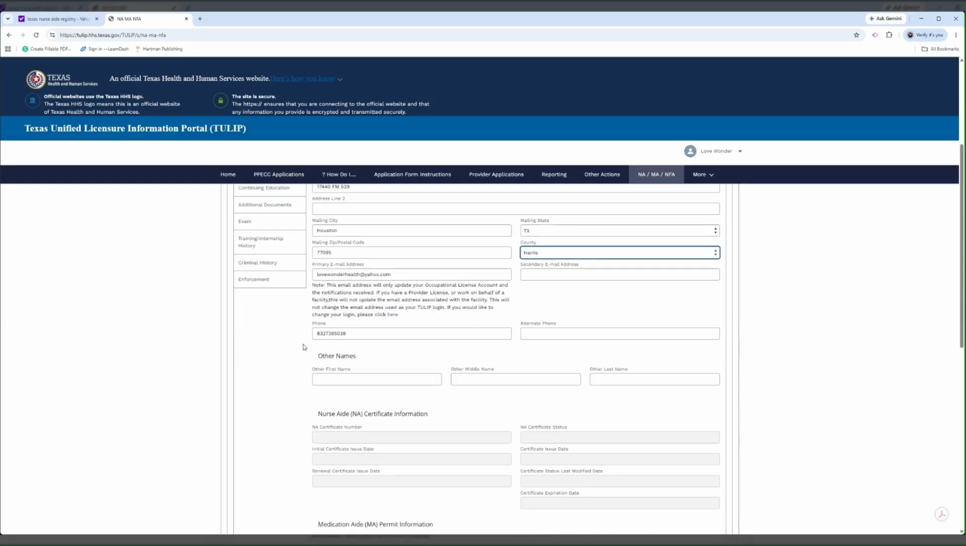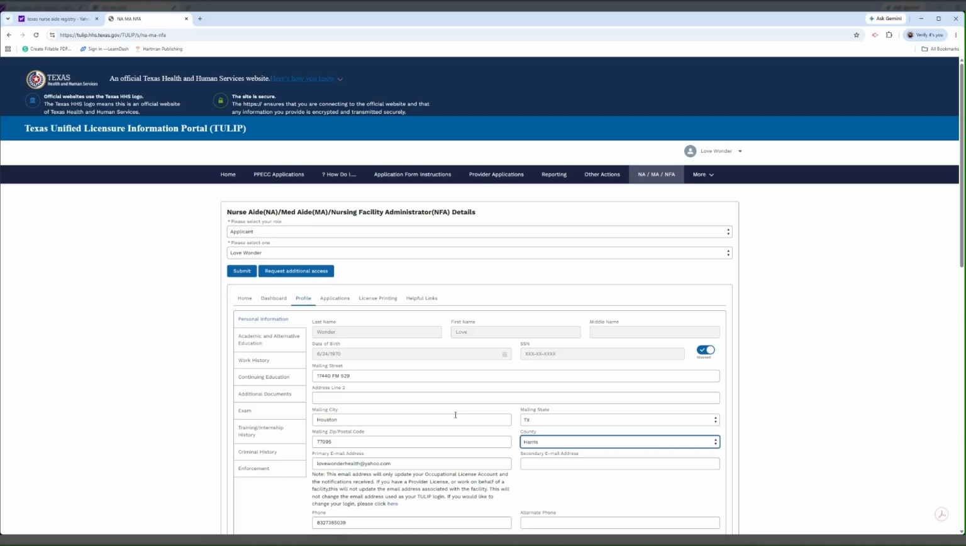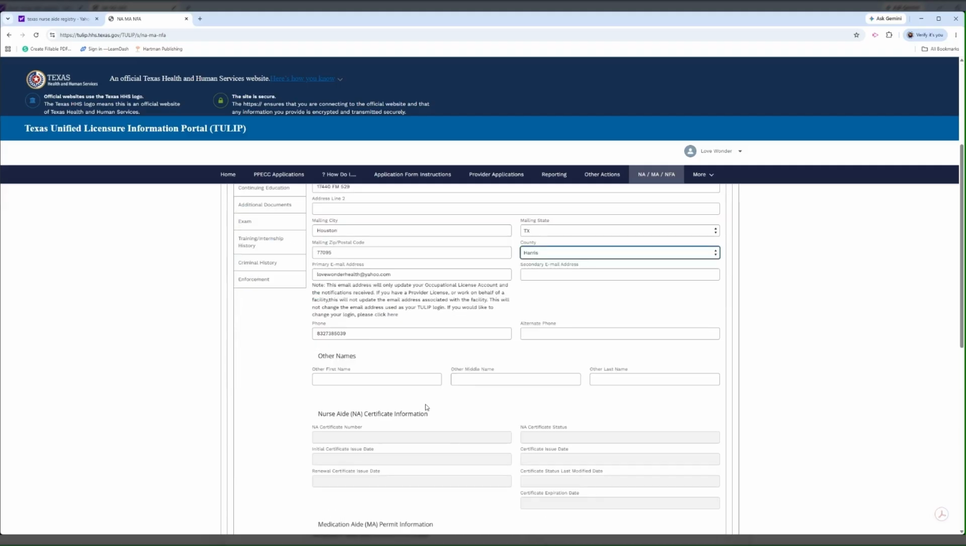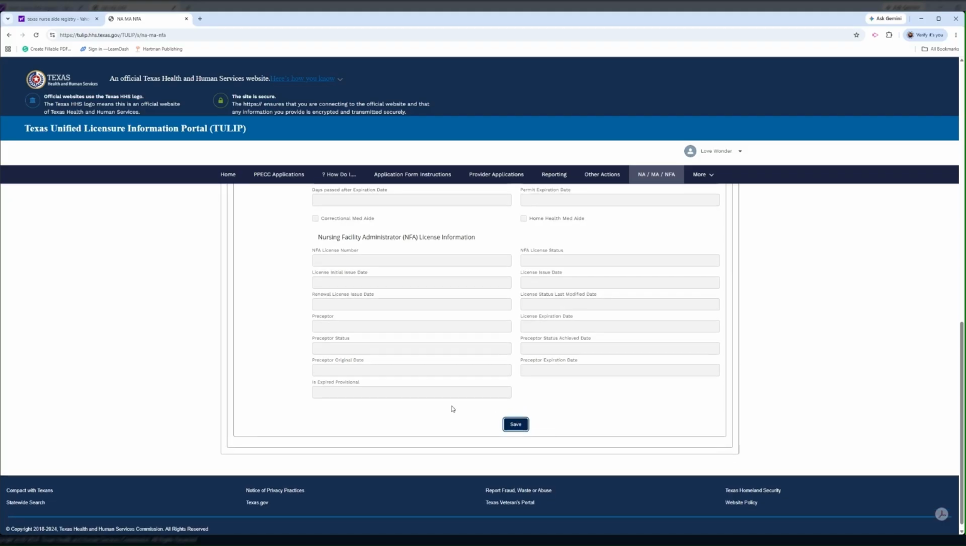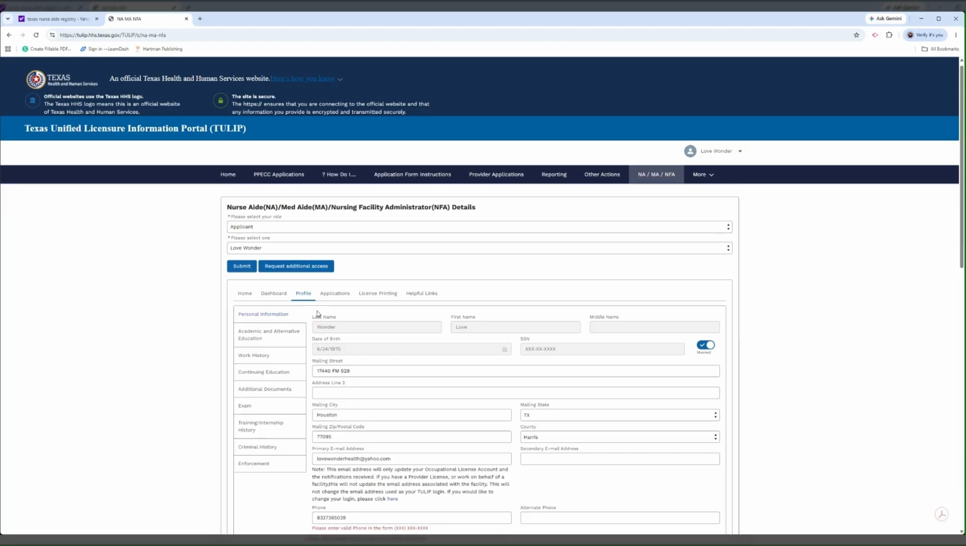If you like to change your login, please click here. I am not changing anything. So this is all I can put here. Sometimes when you put this address, it doesn't show, and I will show you what you will do if you get to that stage. So when you finish that profile, please make sure you click save here. You go back up to click on